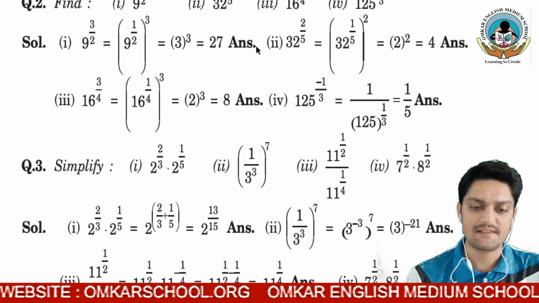So now let me take the second question. 2 by 5. Now students will be confused about what 2 by 5 means. Which root do we have to find first? This is in the numerator, so it is the square of 32, and this is in the denominator, so it means 1 by 5, which means the fifth root. So this is the square and this is the fifth root. So what do you have to find first?